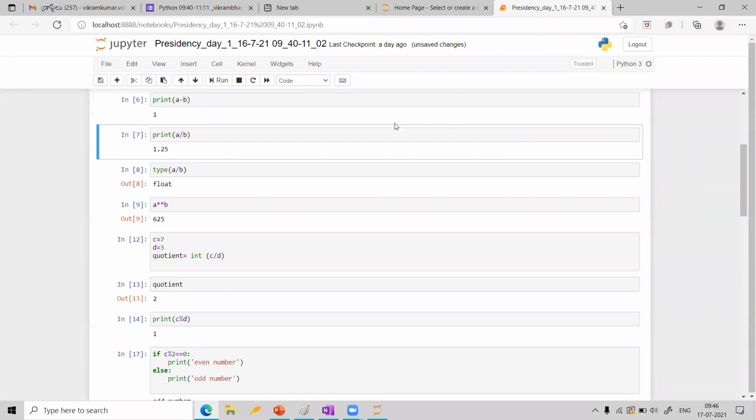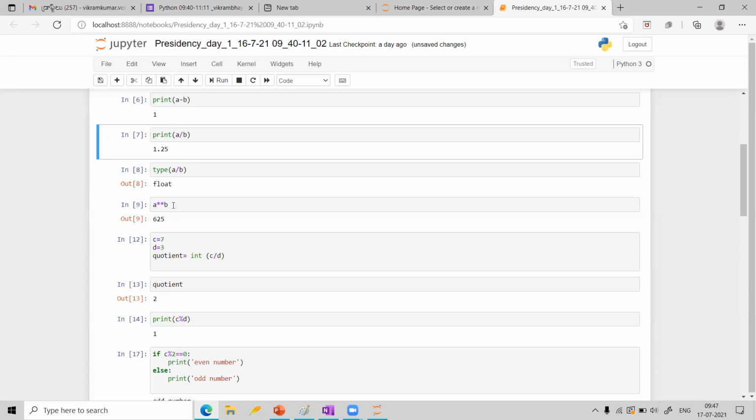So in the different data types, we have seen there is something called integer, then there is something called float, as you can see here. For example, this 1.25. So you have some decimal value. These kind of numbers, where on the right hand side after the dot there is some number, those we generally call floating point.